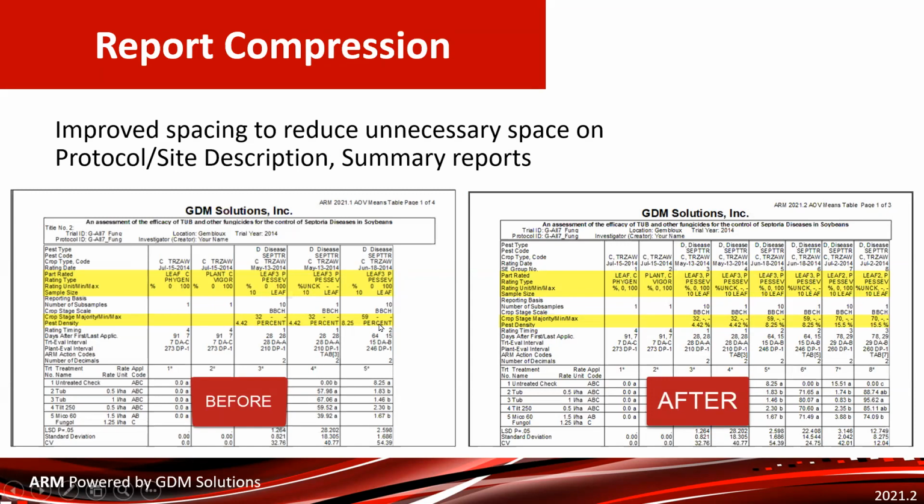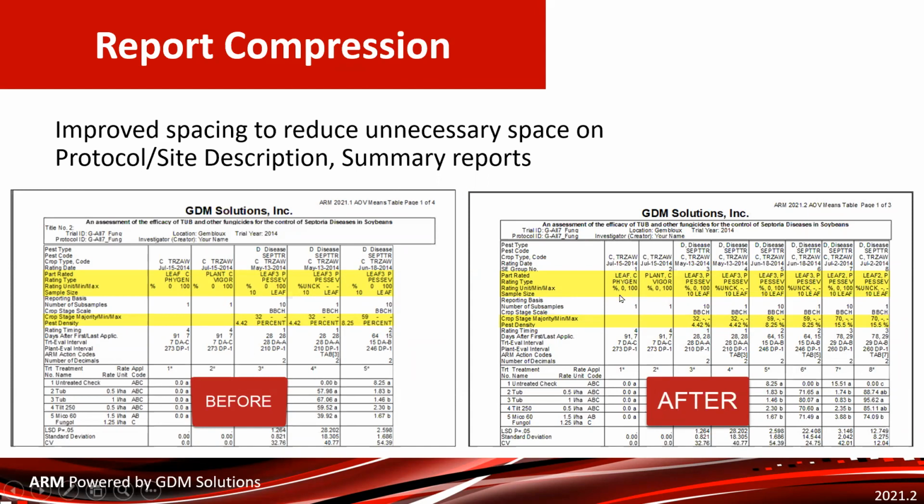And then you may have noticed this in the reporting. Previously, when you would have a row in the header that had multiple pieces of information, the crop, stage, majority, min, max, something with a value and a unit, we used to just have kind of a buffer space between each of those values. But especially when you have 3 different values there, it can make the report kind of wide. So we compress that out, and instead of using just a bunch of space characters, we